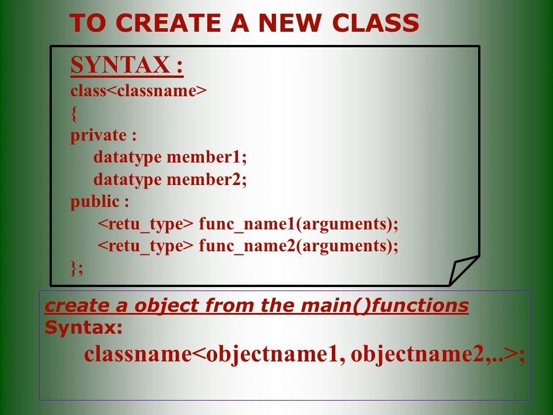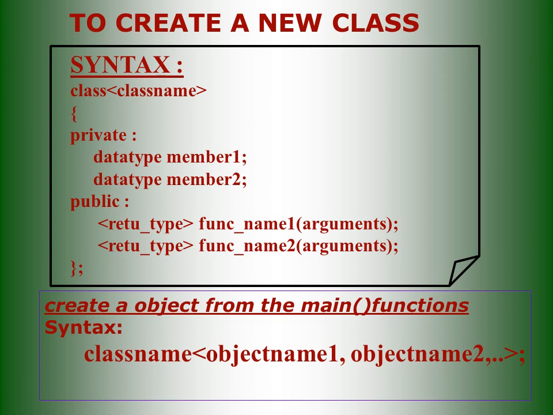We can declare a function here, which is a member function. We use the return type and then the function name. I think we already know about C programming functions, and we declare them in that way. We have to close the curly braces of the class syntax properly, and after that place a semicolon. It represents that the class declaration must end here. So this is how we declare a new class in C++ programming.